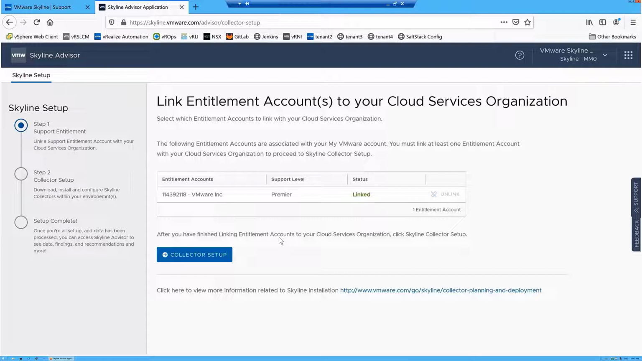Okay, so with that out of the way, I'm going to go to the next step of the overall installation and configuration process, which is collector setup. And this is where I'm going to download, install, and configure my Skyline collector for the environment that I want the service to monitor. And to initiate this step, I'm going to simply, you guessed it, click the collector setup